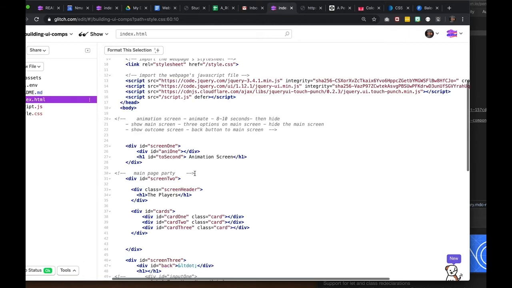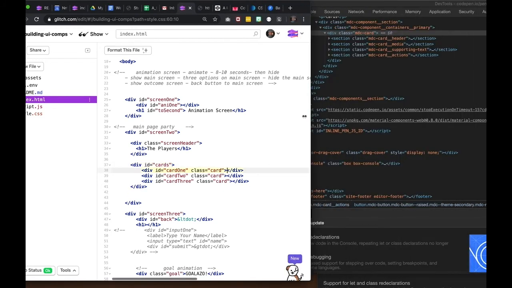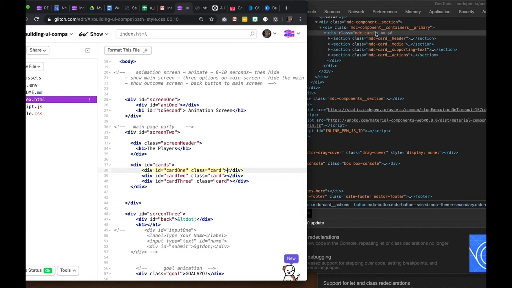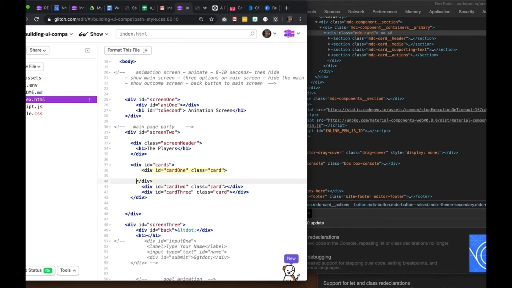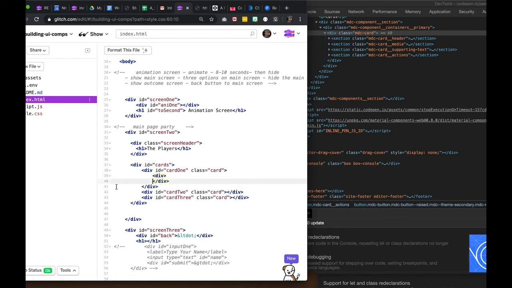And I'm going to go to the HTML. So I'm going to be working in, okay, so in each of these, I have cards. In each card, card 1, card 2, card 3, I'm going to put the same HTML. All right, so this card 1 is going to be this card here. And then I'm going to do just a series of divs. So div, and what I'll do is I'll just make one empty div,